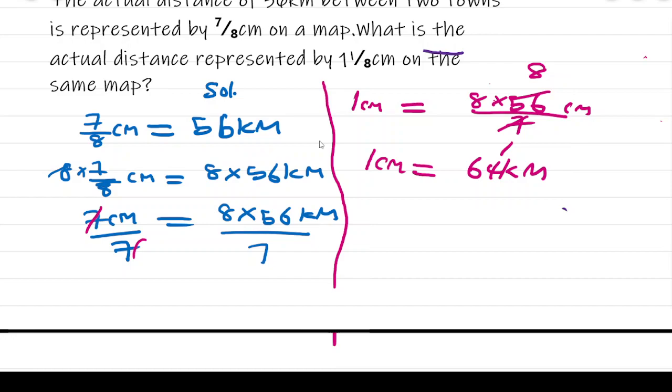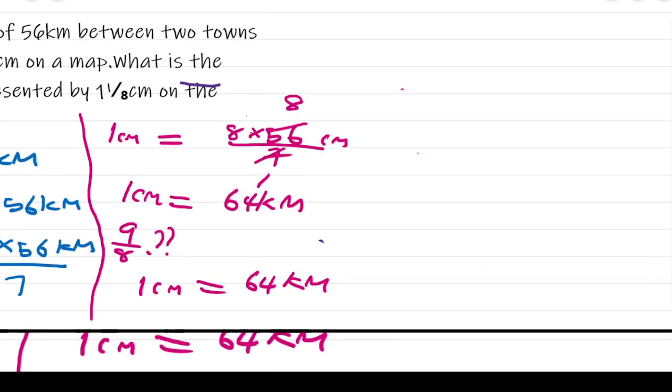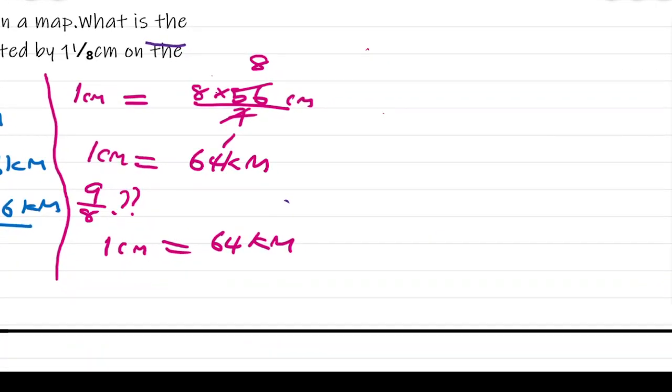But we need 9 over 8. So what is 9 over 8? Well, since 1 centimeter is equal to 64 kilometers, this is easy. What we will have here is this. Let's go here, 9 over 8